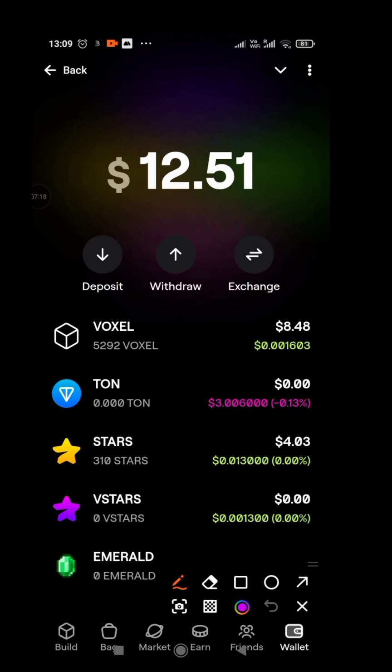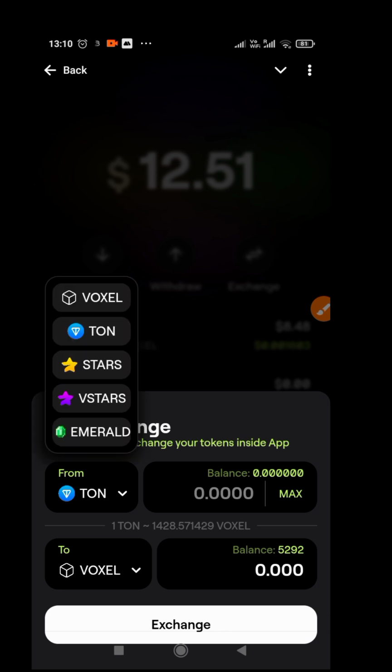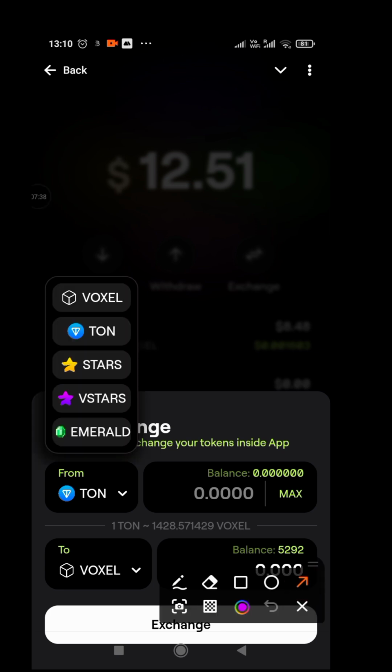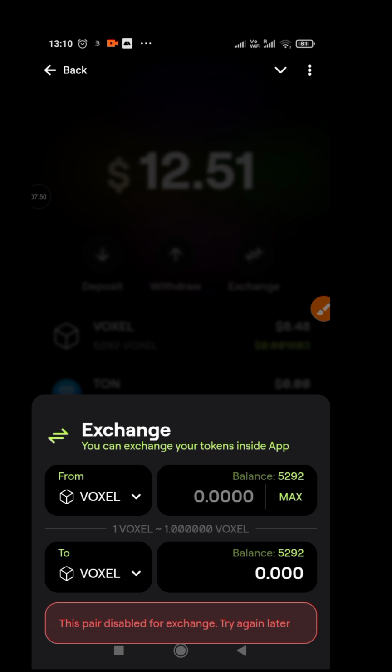And here you can decide to withdraw your Voxel that you have, or you exchange it to Ton. Now watch it. If you want to exchange to Ton, you need to click on this arrow to choose Voxel first. Choose Voxel, because you want to exchange Voxel to Ton. Then you come down